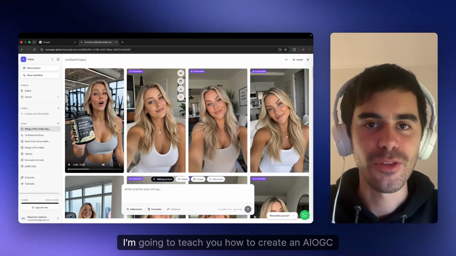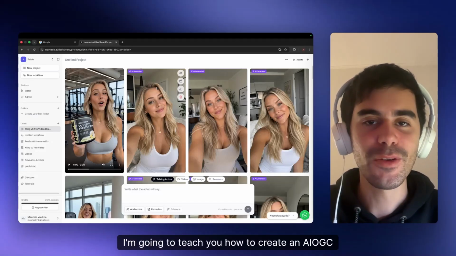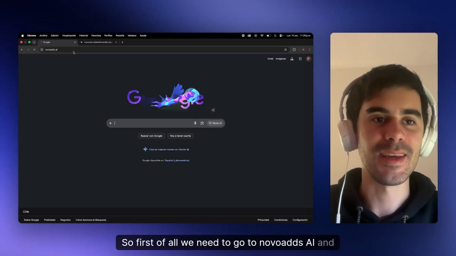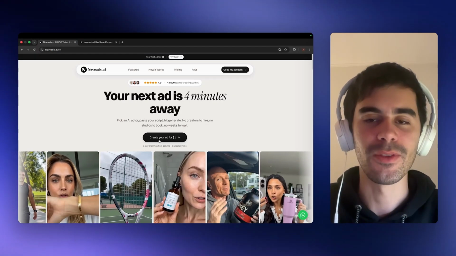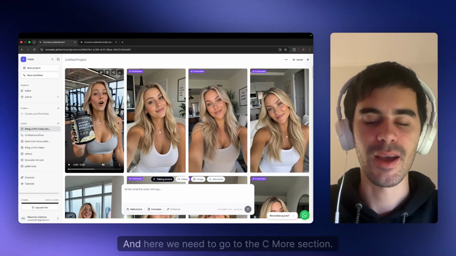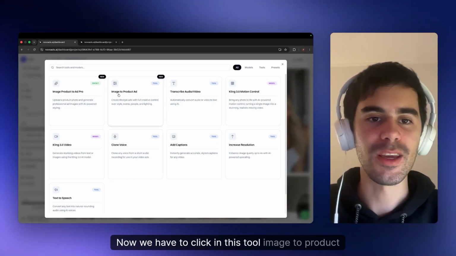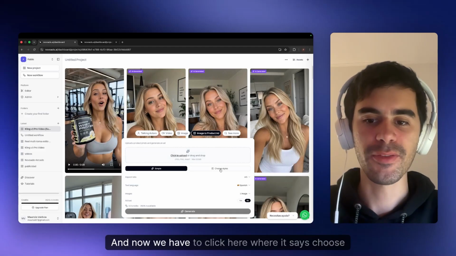In this tutorial, I'm going to teach you how to create an AI UGC image. So first of all, we need to go to novoads AI, and here you need to create an account. After that, you will arrive here, and here we need to go to the See More section. Now we have to click in this tool, Image to Product Add,